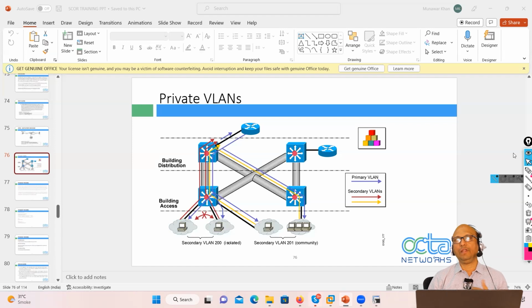But again, VLAN access list became more complicated because of how many statements you are going to add in an ACL. For example, if you have a requirement where one user is not able to communicate with one server, a second user should communicate with the server but should not communicate with another server in the same VLAN, and so on. So they came out with